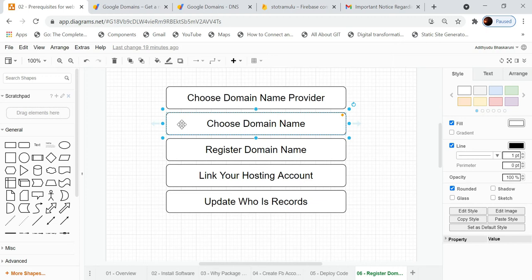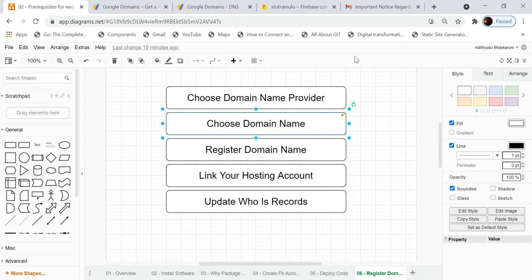Then you will go ahead and register that domain name. I have chosen the domain name provider for this lecture as Google Domains. I would show you how to register a domain name with Google Domains, but you can pretty much choose any domain name provider, and the steps should be almost similar.